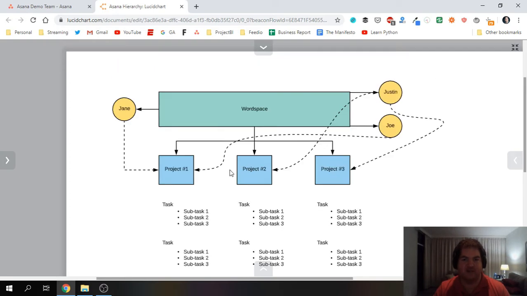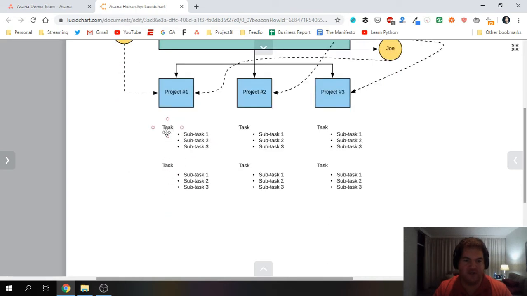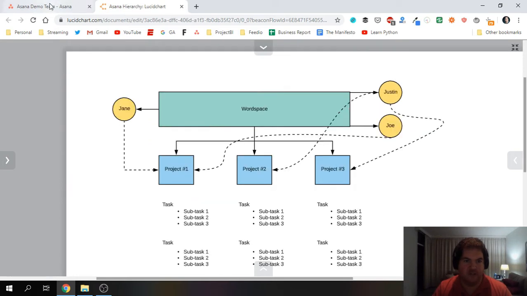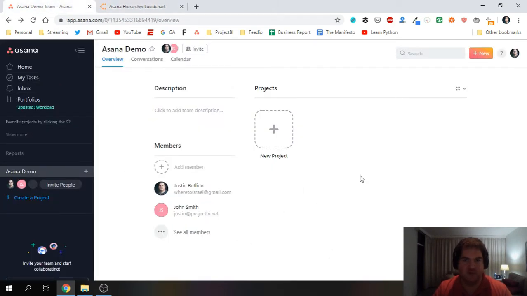Just to summarize, you have a workspace. Each workspace has members. And within a workspace, you create projects. Within each project, you have tasks. And if you need an even lower level, each task can have subtasks. Cool. So let's jump into Asana, and I'll show you how this hierarchy looks and some other really cool things about the tool. So I'm inside my Asana demo